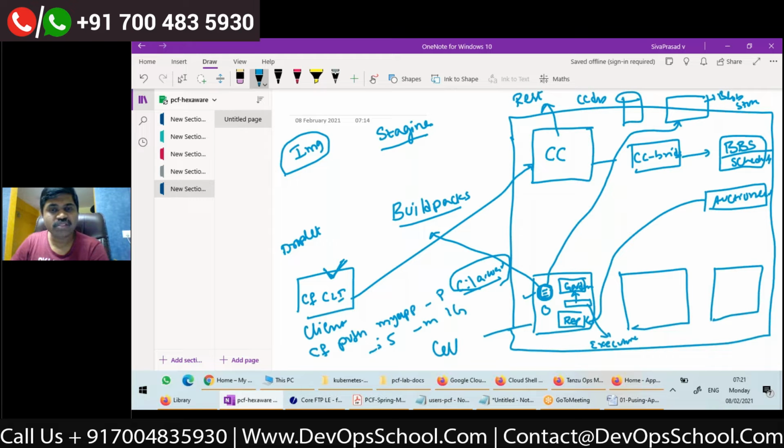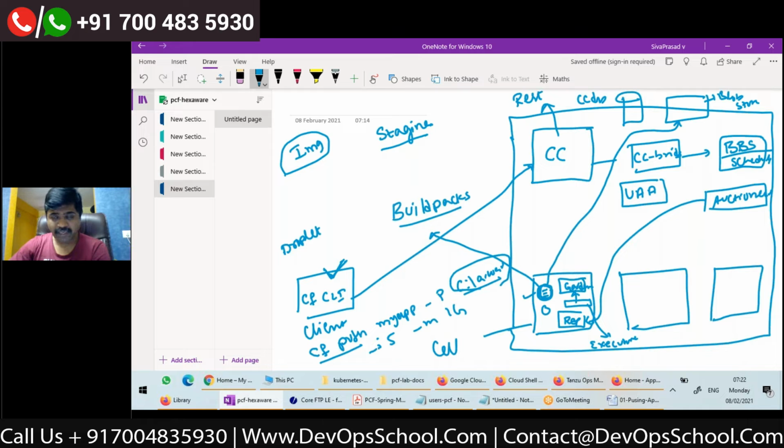How to install CF CLI? First of all, before I push my application, I need to log in to Cloud Foundry. Actually in Cloud Foundry, there is one more component called UAA, User Accounts and Authentication, which is nothing but an OAuth server.